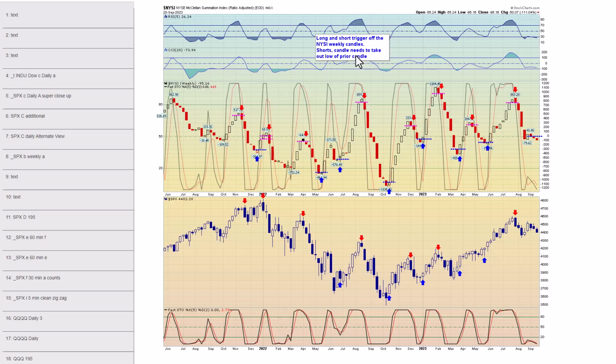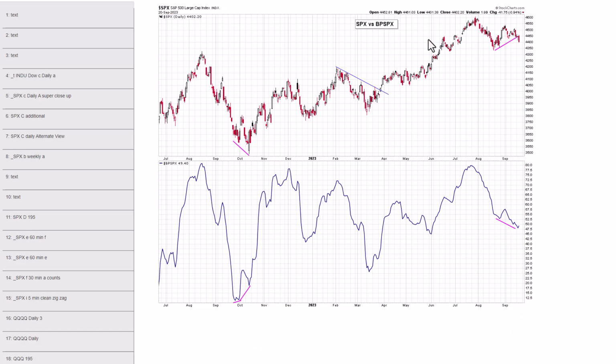Next, chart 35, here's the other NYSI system. This is our weekly system. This also has not given a buy signal. It gave a sell signal back here in late July, as you can see, and it has not given a buy signal. It needs to take out this horizontal line here. And you can see the overall trade signals, they've been very good.